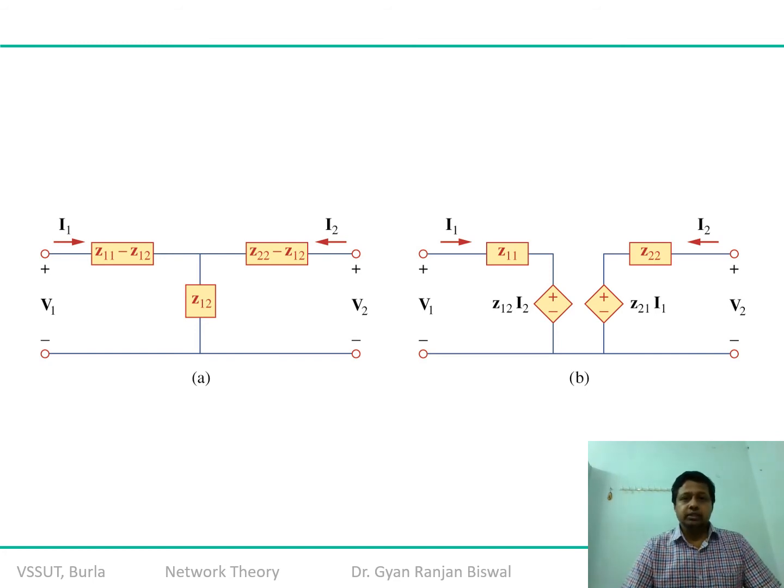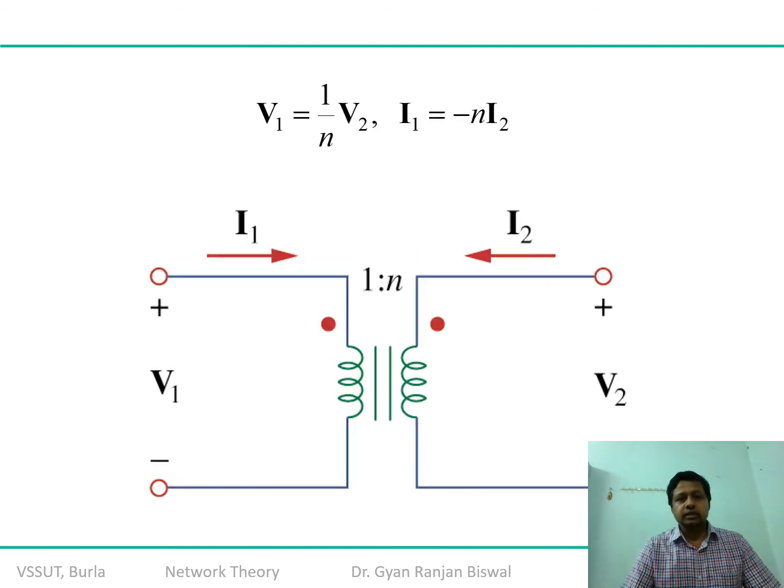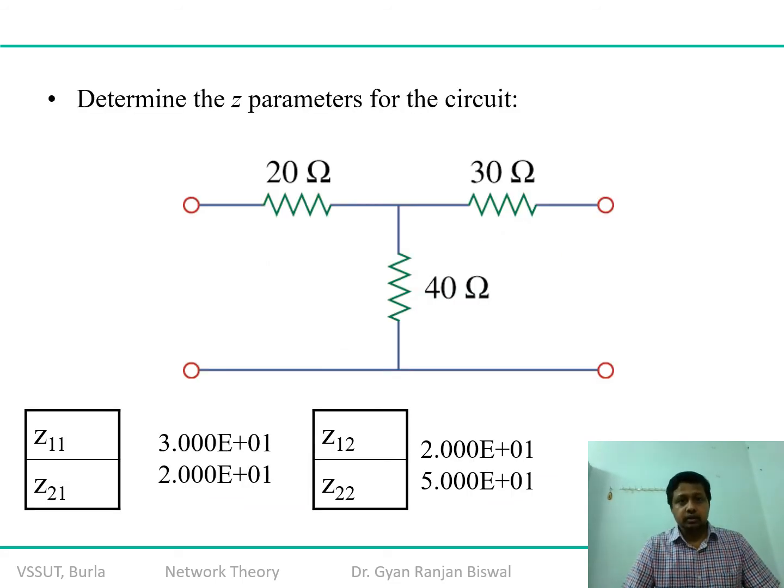If you rearrange this particular network, it can be simplified as this T network. Let us take one more example. This is an example of a coupled circuit, a step-up network, maybe an ideal step-up transformer, where the voltage is amplified by n times. So V2 will be n times V1, and therefore I1 will be minus n times I2, because the standard signature is shown in the opposite direction. So you are getting a negative of the current.